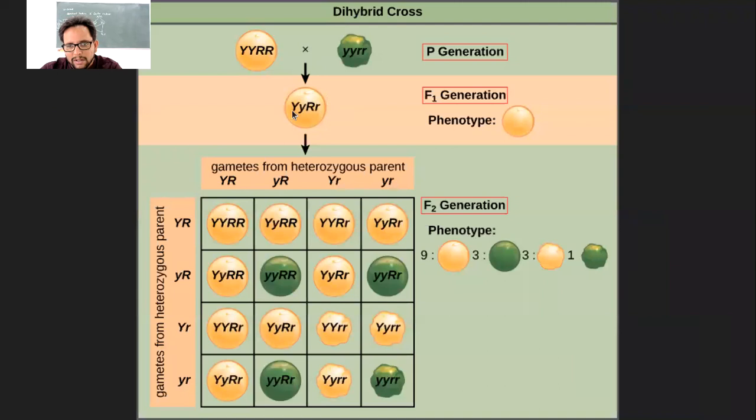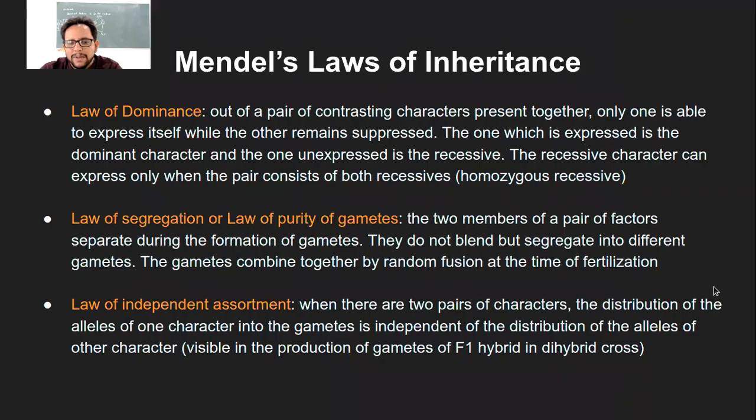So that is where this gamete formation, which is the F1 hybrid. This Y is not dependent on this trait. So it can go with capital Y, capital R, or it can also go with capital Y, small r. That way, these are not dependent on each other in the gamete formation process. So that is the law of independent assortment. That means whenever gametes are being formed in those generations, they will form independently, irrespective of each other. So these are the three Mendel's laws.